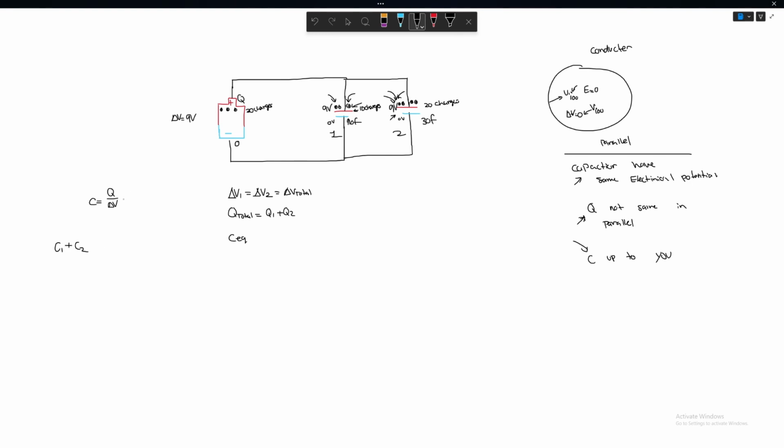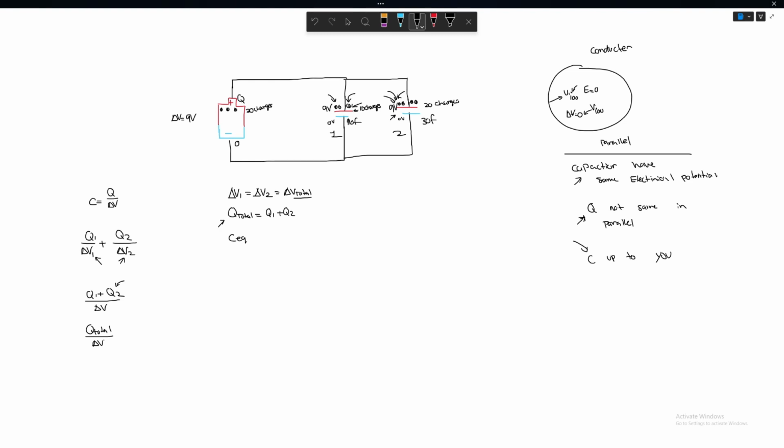To add them together. The reason this works is because, remember, the total is the same. So what I'll have is Q over delta V, that's Q1 over V1, plus Q2 over V2. Now these two V's are the exact same, and so then I have Q1 plus Q2 all over one V. And if I combine these two Q's into my Q total, then now I have Q total